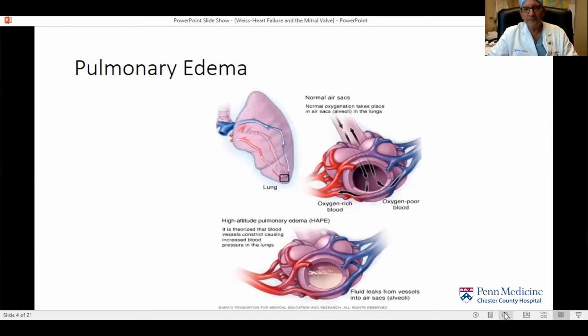Next slide. So what if the heart is capable of keeping up with the demands of the blood that's coming in from the body, but is not able to keep up with the demands of the blood that's returning to the heart from the lungs? And that's left heart failure. So this is a picture of,